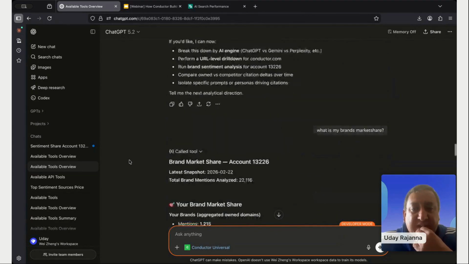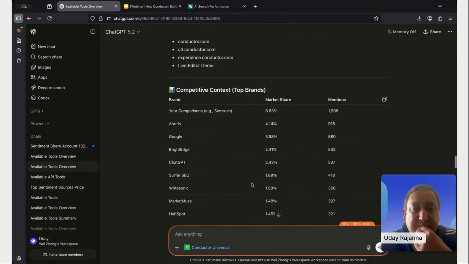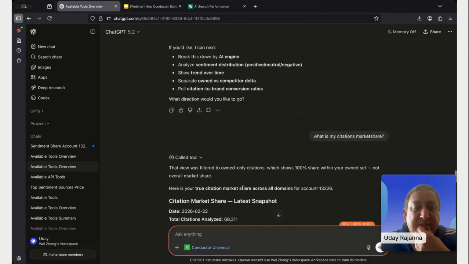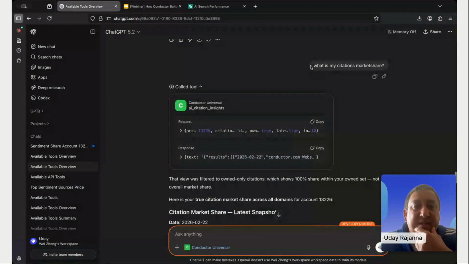So more stuff you can ask, like what is my brand market share? Then it'll tell you the comparison between your brand and competitors. What is my citation market share? It'll call the tool again. So here you can see another,